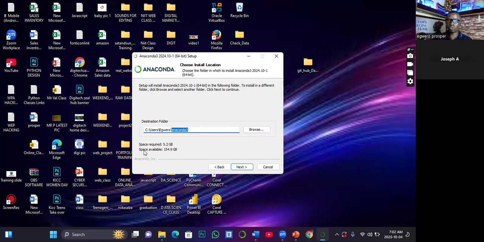And then this is where it's giving us updates on the amount of space it requires. It's 5.2 gigabytes, and then the space available. So always make sure that you check the available space to know if